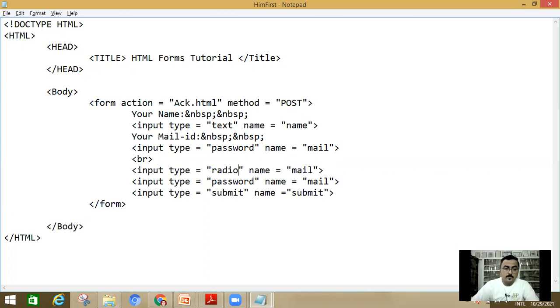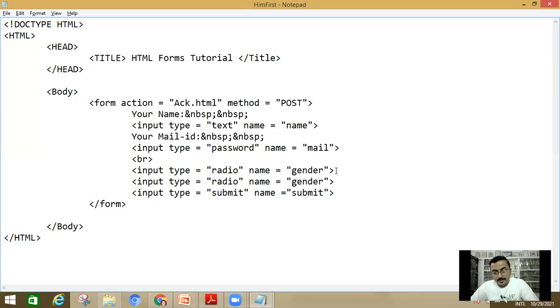Radio. Again here, it should be radio. Name can be anything, for example, gender and gender. Now I have to put value.